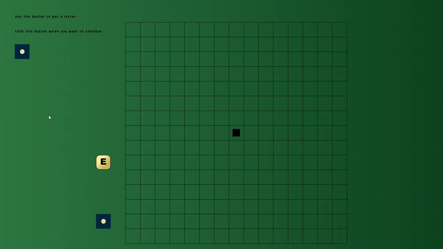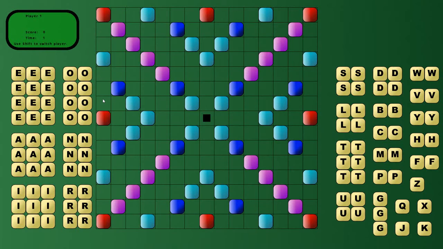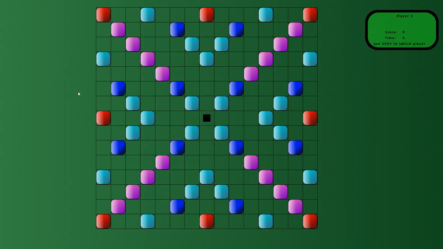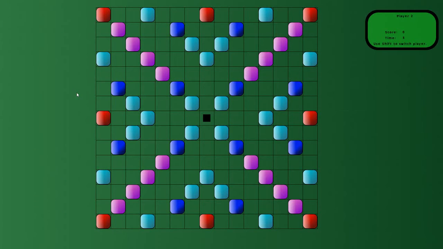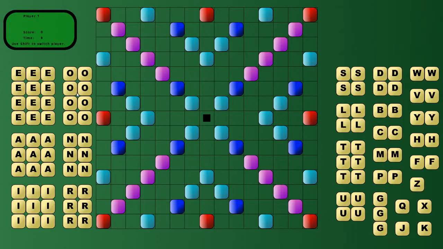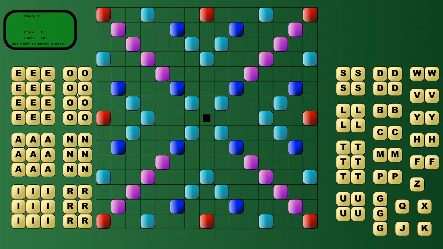I can quickly show you though, if I press R here, that when I right click on this, it takes me to the classic game mode, or I called it classic now, and it's basically just, oh yeah, okay, this doesn't work quite anymore. Yeah, I have to fix that as well. There's another bug I just found. So when you press shift, it switches player and it gets rid of all the letters because of the other game mode. So that's a pretty easy fix. I think I'll just have to make a variable that will determine what game mode you're playing. But anyway,